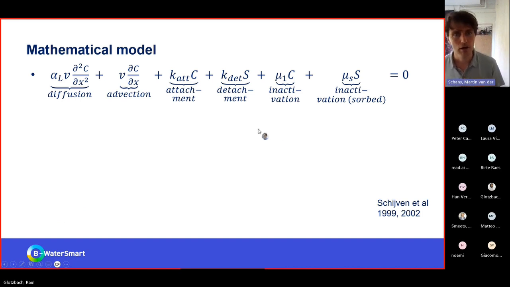Okay, so like I said, if you want to do a full calculation of transport processes of microorganisms in the subsurface, then you have a lot of different processes that you have to take into consideration. And there is, of course, advection, so the organism flowing with the groundwater, but the organism may get attached to the soil, or it may detach again, or there may be die-off or inactivation. The sorbed organisms